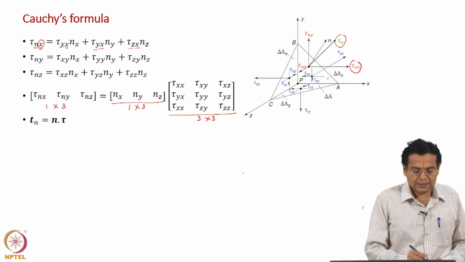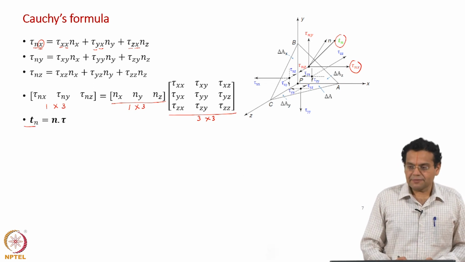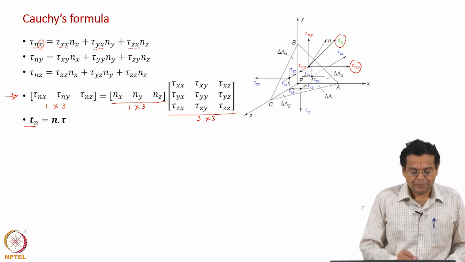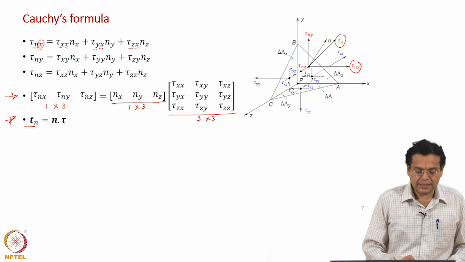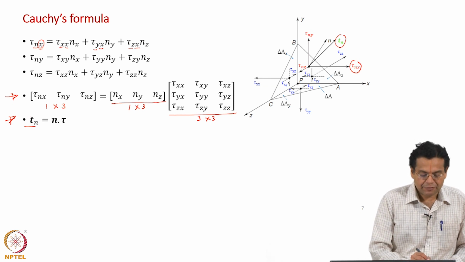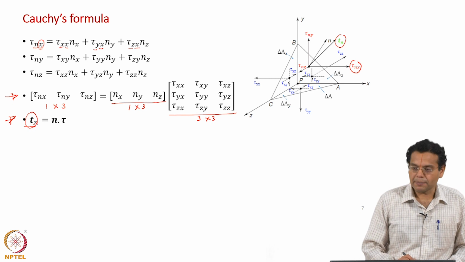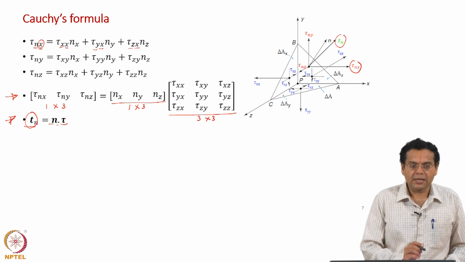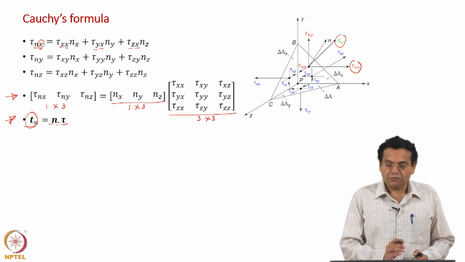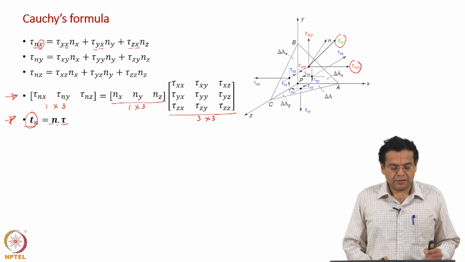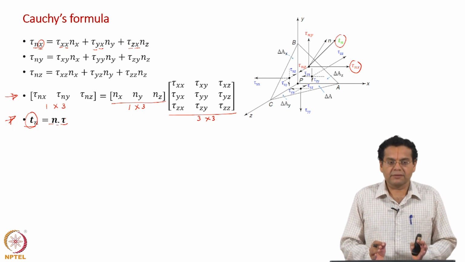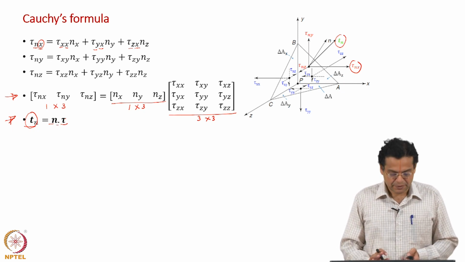So, how do we represent this? The earlier expression, this equation, represents things in terms of components; this equation represents it in terms of a vector. Left hand side you have a stress vector acting on plane n, right hand side you have the n vector dotted with the stress tensor. We are not going to discuss the dot product formally. Within our scope, for our understanding, you can understand that just as a matrix multiplication of the n vector with the stress tensor.